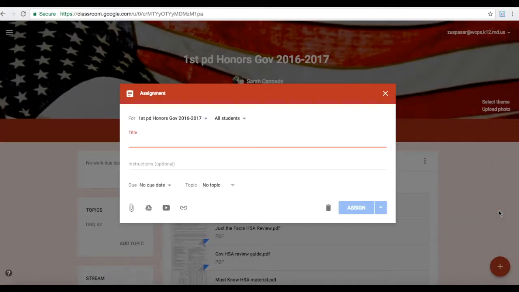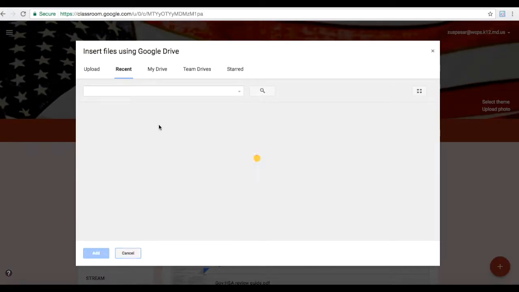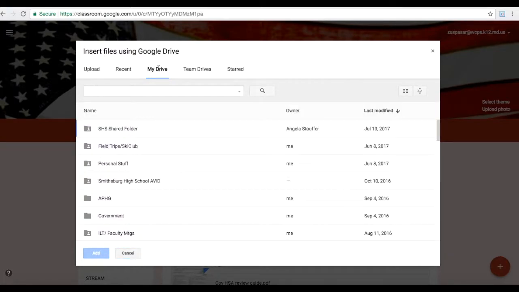You can create a title for this assignment, and you can also add additional instructions if you wish. You can select a due date as well. But before you assign the Cornerstone task in Google Classroom, you need to upload all of the documents you just made a copy of. So if you saved it in your drive, you can search the name